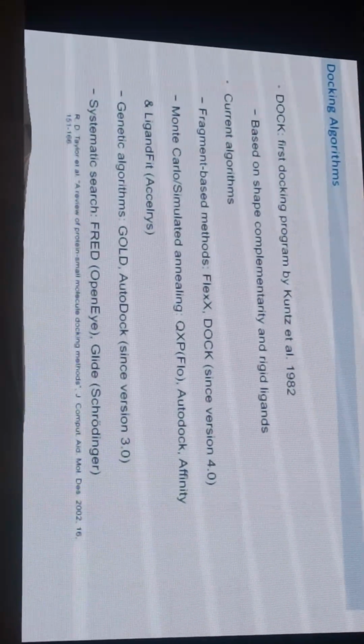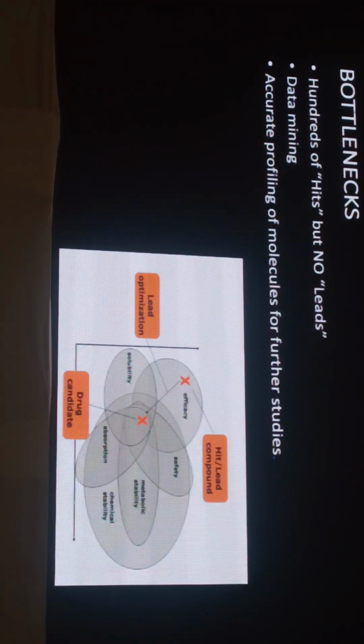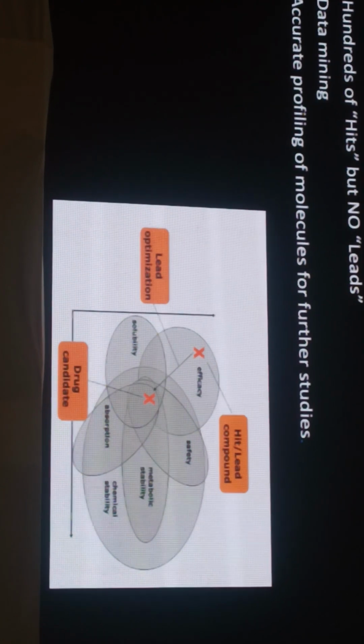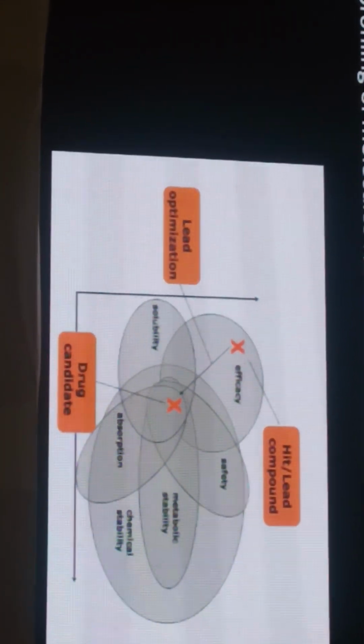So these are the docking algorithms on which different softwares are available. So these are the docking tools which are the famous ones. Autodock is the most famous, the most cited tool, and then there is also an unending list of these tools. Servers की भी list है, tools भी हैं. You can do docking anywhere. Okay, there are certain bottlenecks. We got the hits but not the leads. This is the problem. We have to optimize the certain hits to make it a druggable candidate.